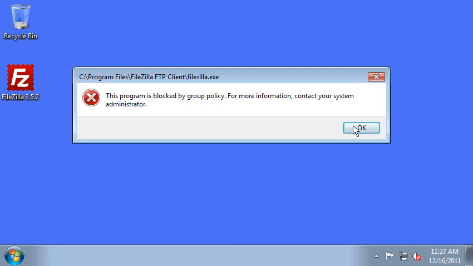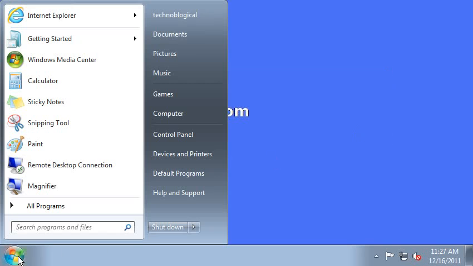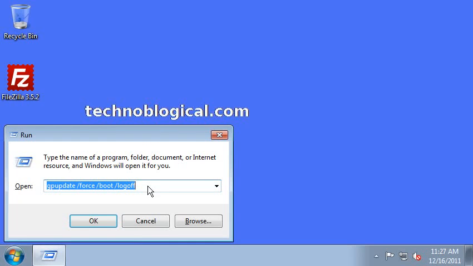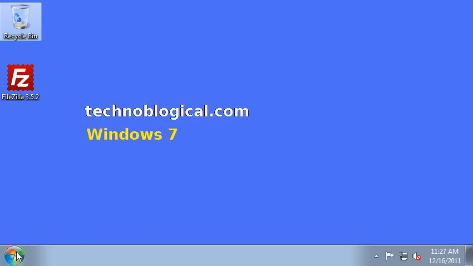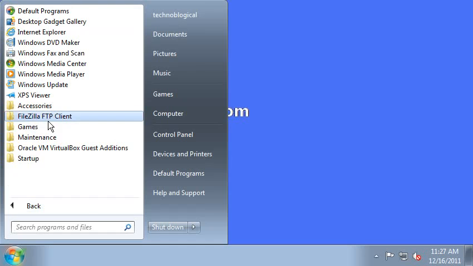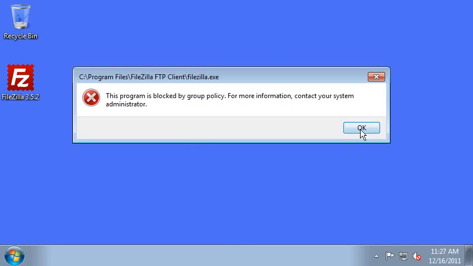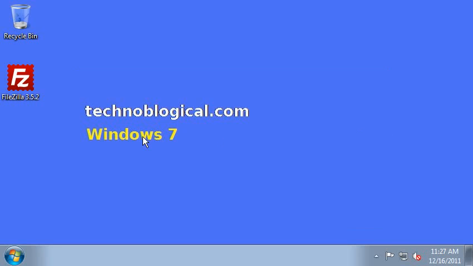Oh, no chance. Sometimes you have to do a GP update. So let me show you a GP update, /force /boot /logoff, and even then, if it's a little slow, sometimes you reboot. But it just did it right away. Now, here's the problem with hash rules. If they update the software, the signature of the program will change, its hash function or whatever,